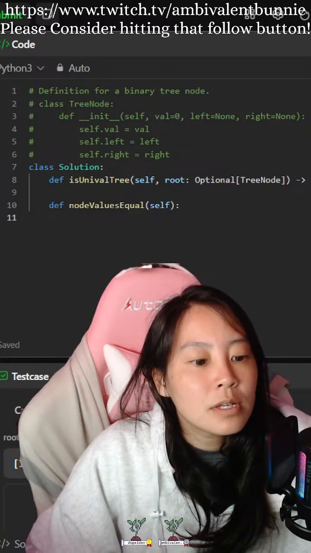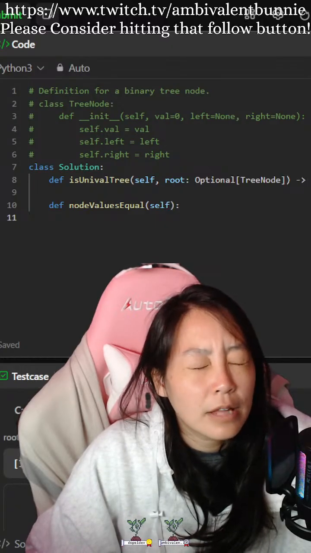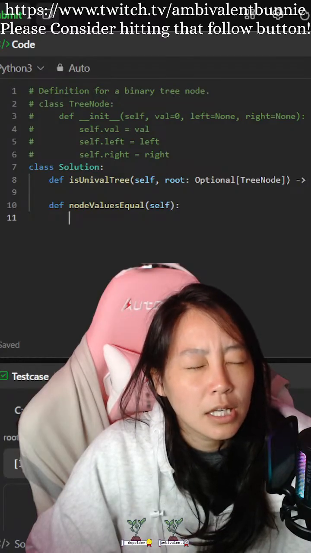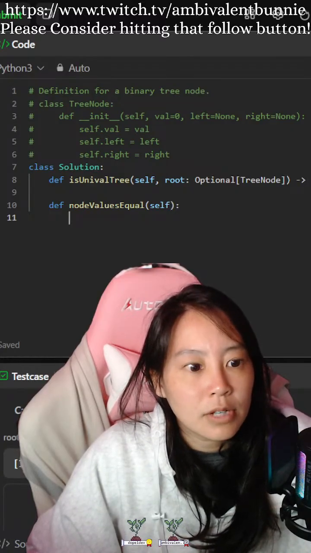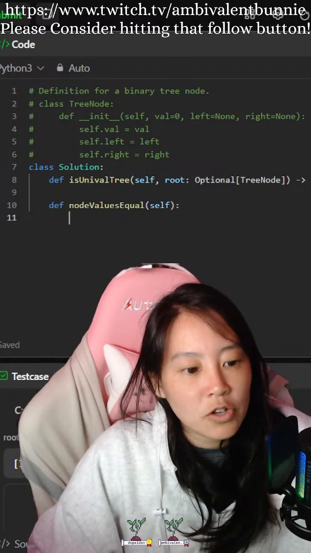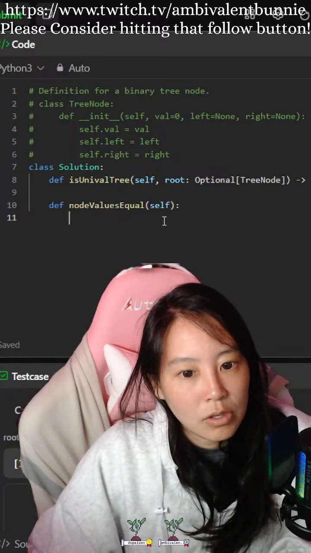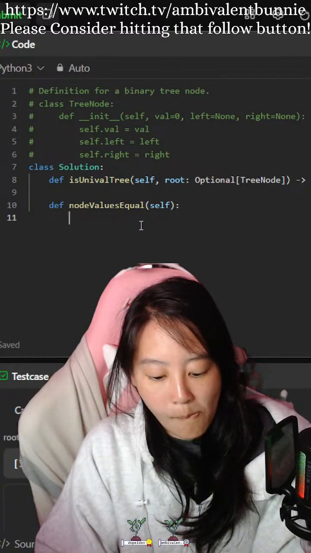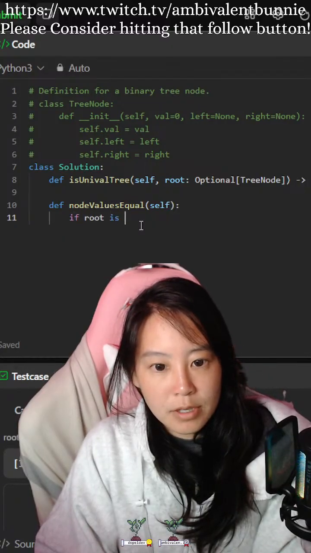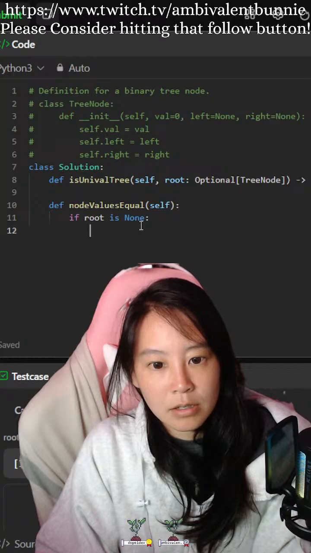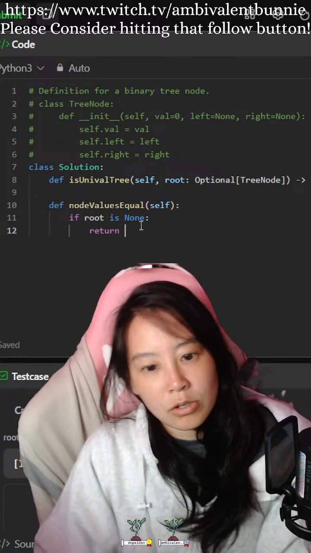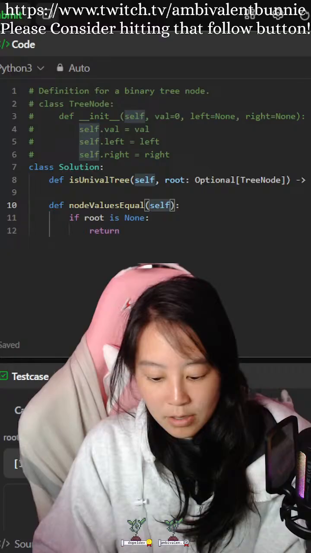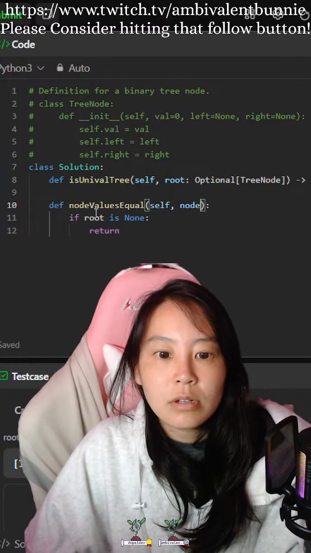And then if the root is none, or if left is none, we don't do anything. If right is none, we don't do anything. We just continue to traverse down where we check if root is none, return. Oh, and this also has to take node.